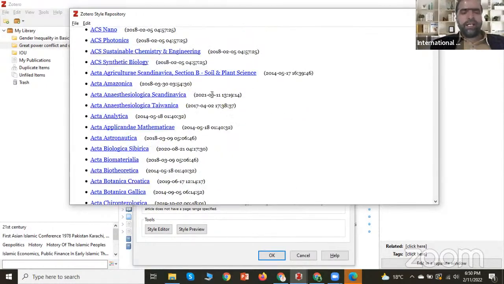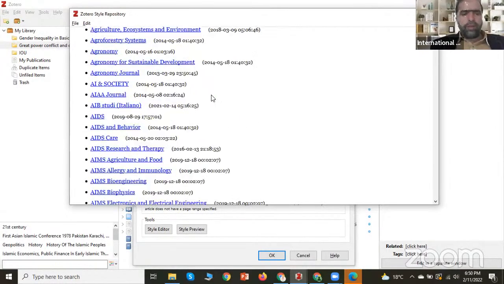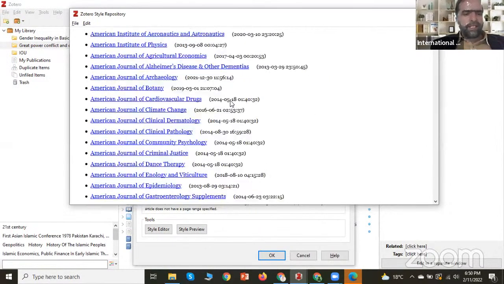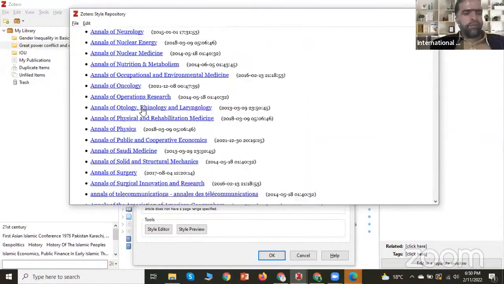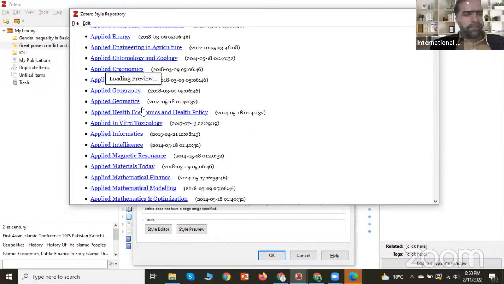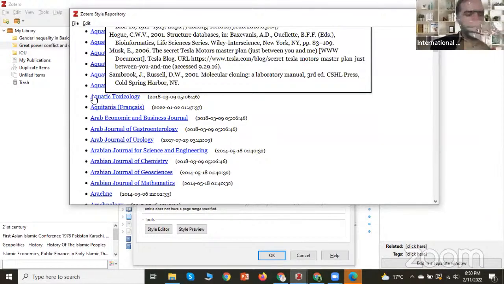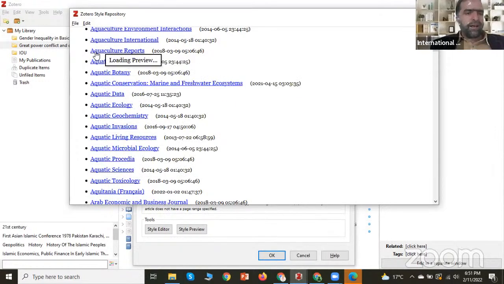If you want to see any kind of reference style, you can choose from these website styles. Suppose I am looking for Chicago, you can find it alphabetically under C. If you are looking for psychology, IEEE, engineering, medical, and so on, just click here and scroll down, and you can see the style and bibliography. This is the in-text citation style, and this is called the bibliography style. So this is the style of